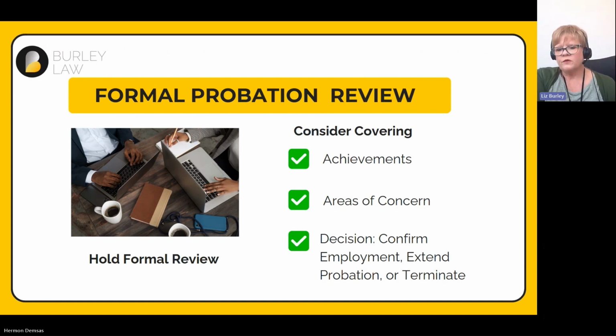And that decision will be one of three things. You'll either confirm their employment is continuing on a permanent basis and they've passed probation, you can extend the probation period, or you can confirm end of employment at that point. Now, I'm not going to get into specifics around extending probation, specifics around termination of employment. You can look at my previous webinar on contracts of employment with some useful guidance on termination. But as I said earlier, make sure that you follow whatever termination notice period is in the contract of employment.